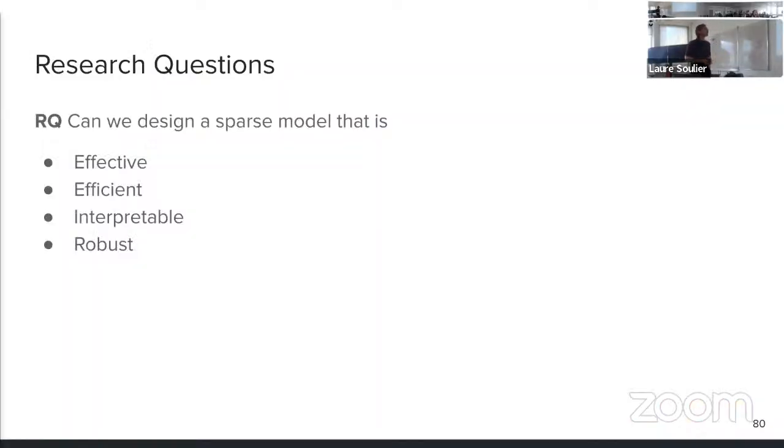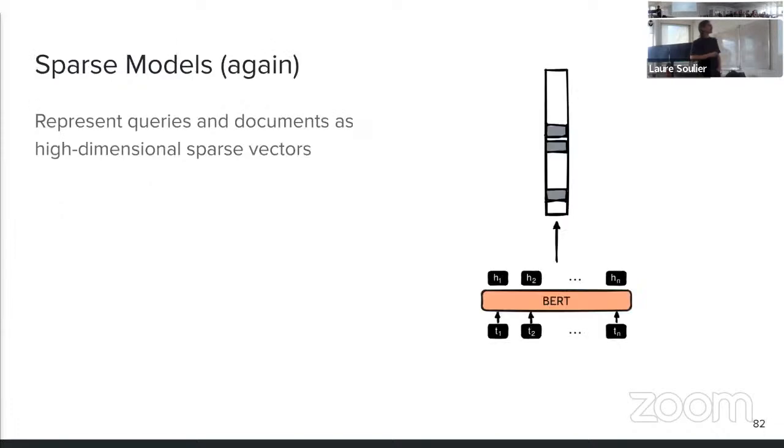So this part is organized according to our research questions. I am first going to motivate the approach and present a first iteration of SPLADE that is both effective and efficient. And then I highlight how the representations are interpretable. And then I briefly mention some more efficient extensions, and we focus a bit more on improving the effectiveness. And finally, I will also analyze the generalization capabilities of SPLADE. But let's talk about the model first.